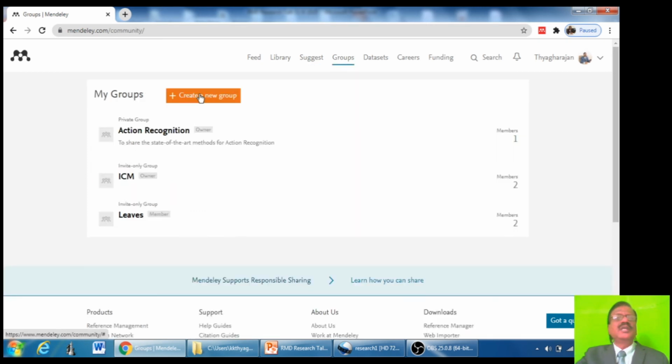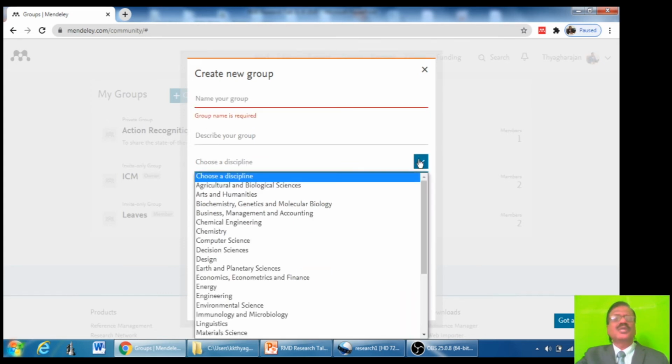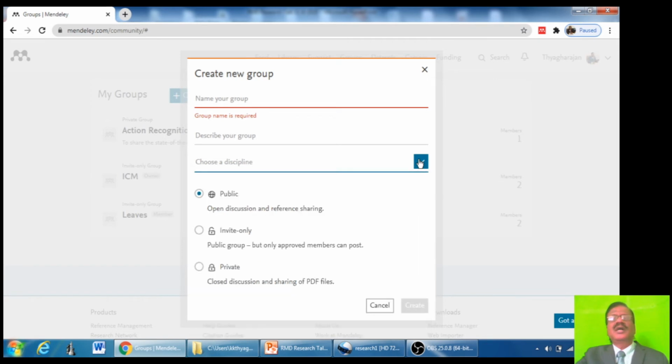Then you want to create a new group. Click on this button. You give the name for the group and describe about your group, for what purpose it has been created, and choose discipline also. For example, computer science, agriculture, anything. That also you choose. If you want to make this group as public, you can click on this.